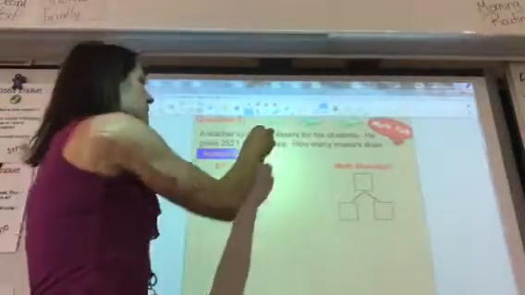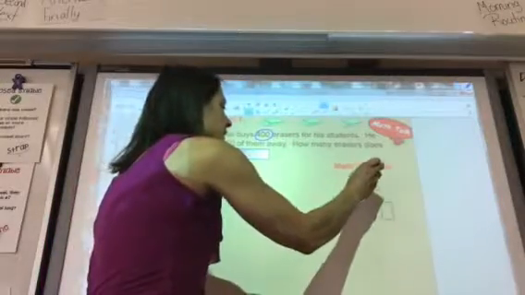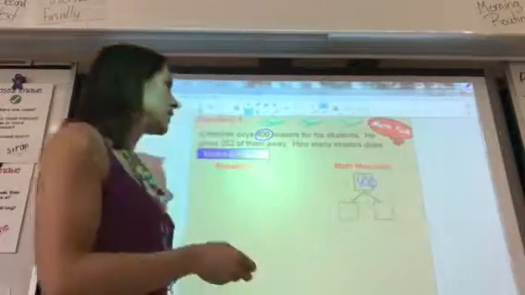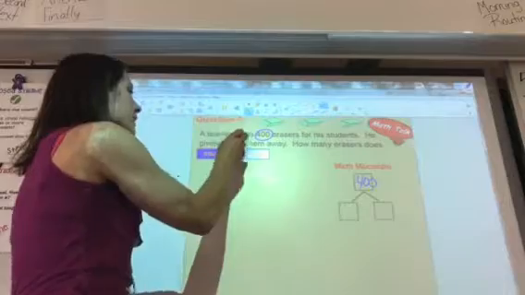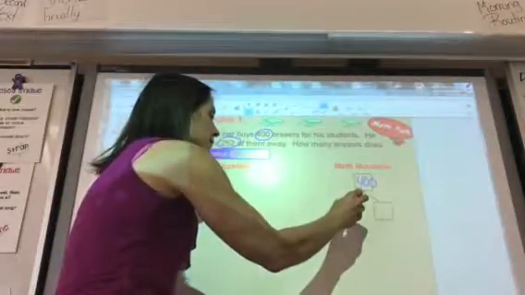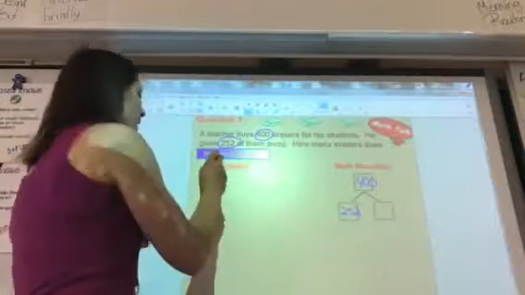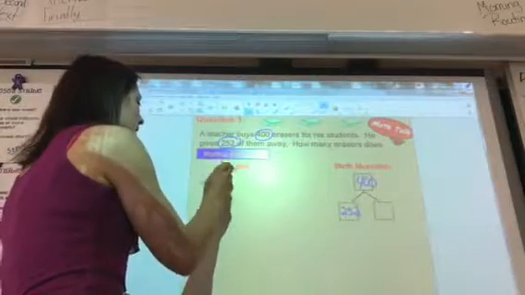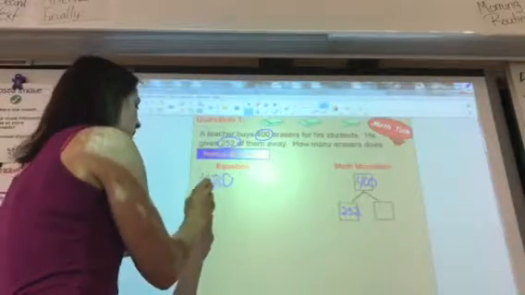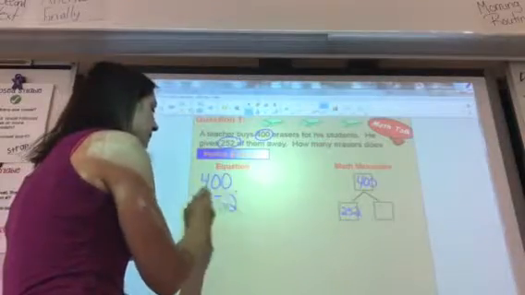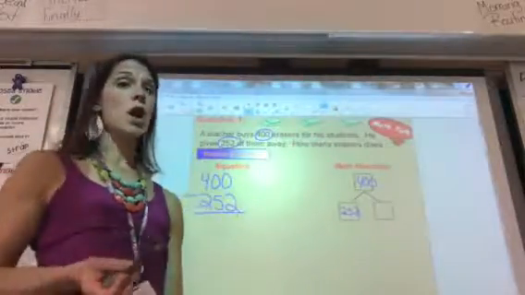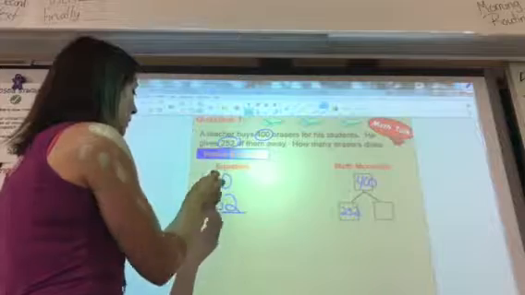A teacher buys 400 erasers for his students. I'm going to put that at the top of the math mountain. He gives 252 of them away. How many erasers does he have? If I'm showing 400 minus 252, if I use the show all totals, I'm going to ungroup 100, so I